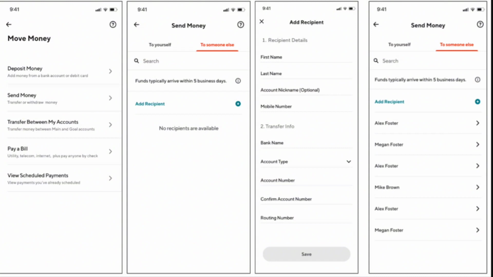What you need to do basically is head over to your Dasher app, and then you're going to tap on move money, and then you can choose send money in that one, and then you're going to say to someone else, and then in add recipient you're going to put in all of the recipient details like the